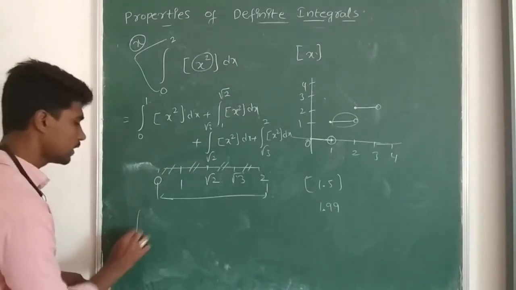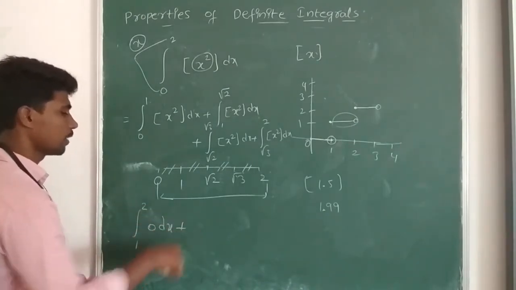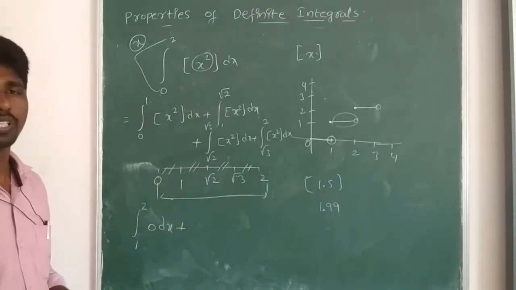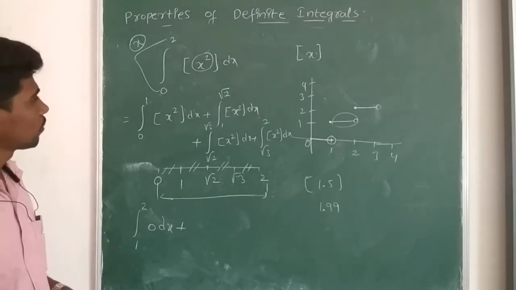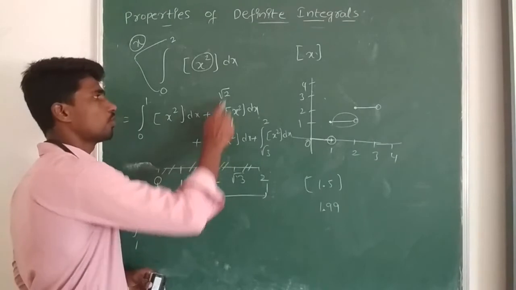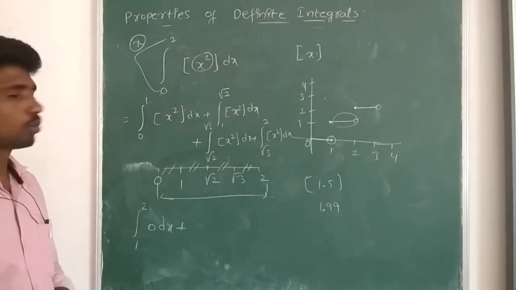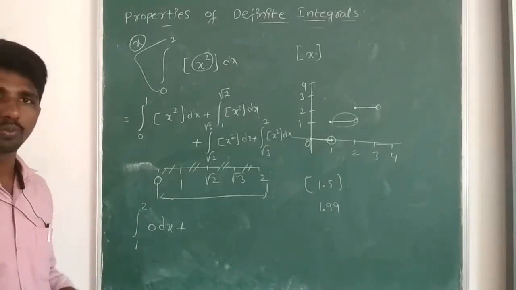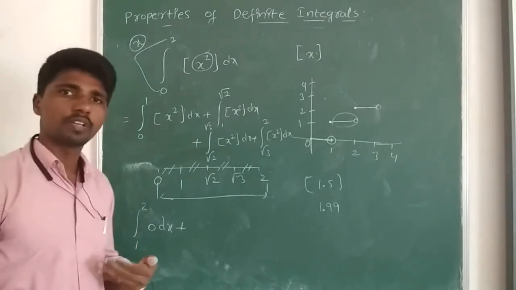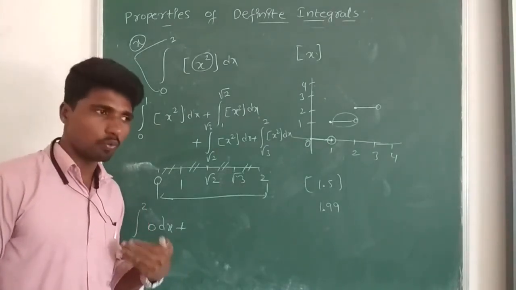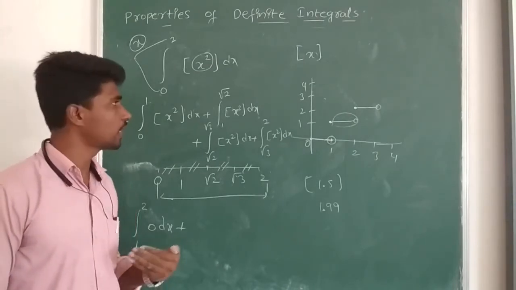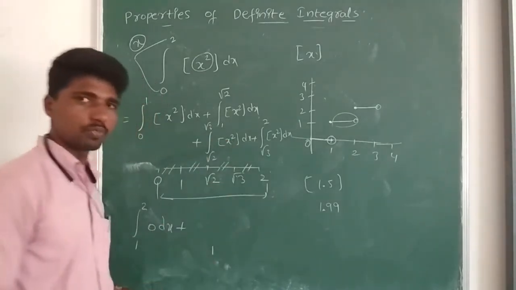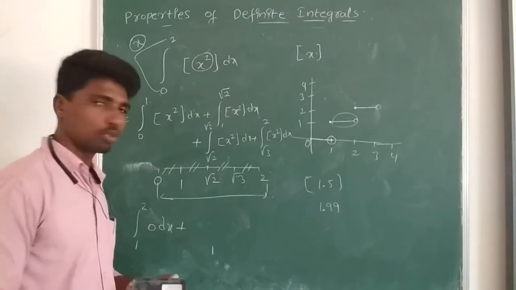So I get integral 0 to 1 of 0 dx, plus between root 3 and root 2, how it behaves. Sorry, it's 1 to root 2. So between 1 and root 2, what's the highest value? Root 2 whole square is 2, so it lies less than 2 and more than 1. The lower limit square is 1 and the upper limit is root 2, whose square is 2.